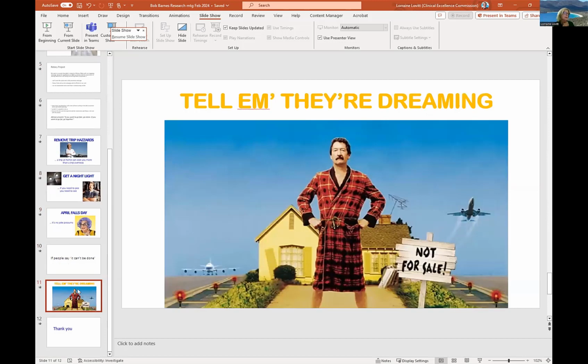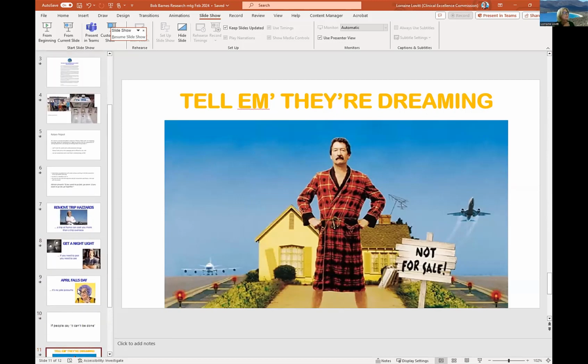So his whole idea is that we need a high-level campaign. We need some very high-level people with a bit of fun to it. And his biggest other issue in all of this is the fact that he feels that we've had other campaigns, Slip, Slop, Slap, a range of other different campaigns, Life Be In It in years gone by, and he's seeking now to see how we can lift that and elevate it to a higher level with simple messaging for people. So that's a work in progress that we're working to share with Bob at this stage.